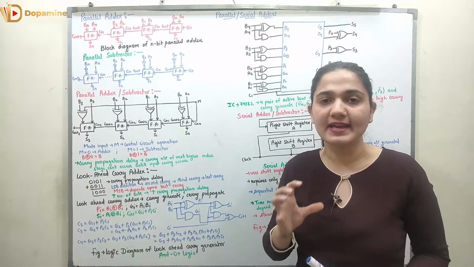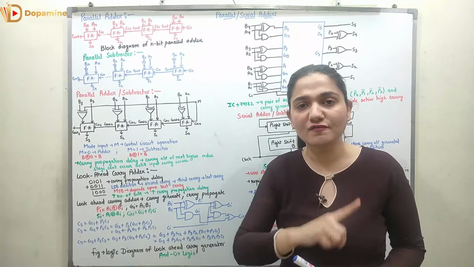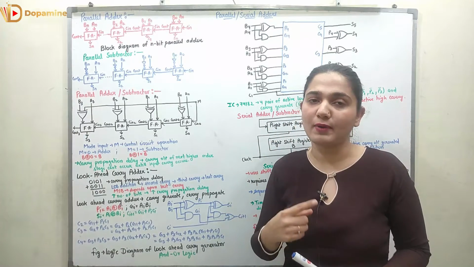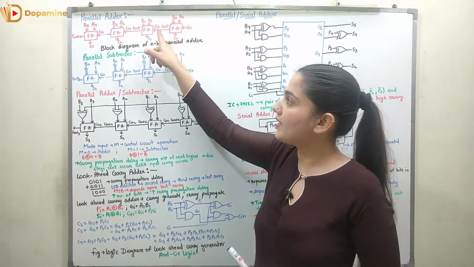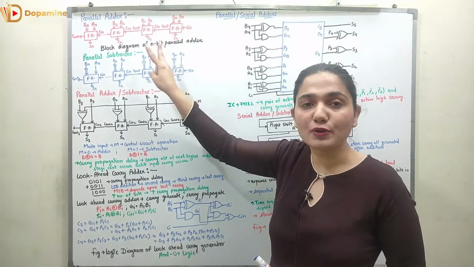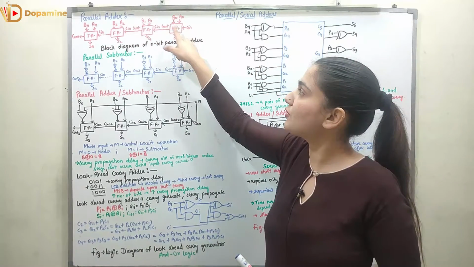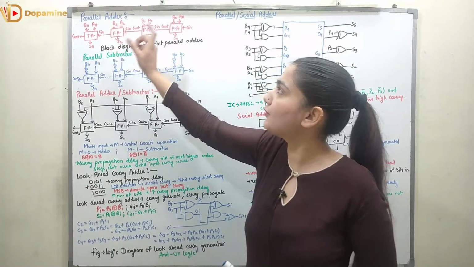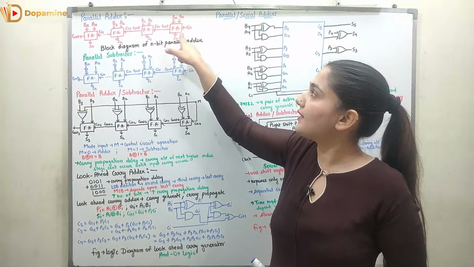So a parallel adder is an adder in which I have that many full adders as the number of bits present in the given number. Here, as we had 4 bits, I require 4 full adders in the parallel adder. So you can see over here, if I have an n bit number, and the other number is also an n bit number, and I want to add these two numbers, I will use n full adders. This is my first full adder, second full adder, third full adder, and here we will have the nth full adder, right? So now here we have B0 and A0 and the Cin.